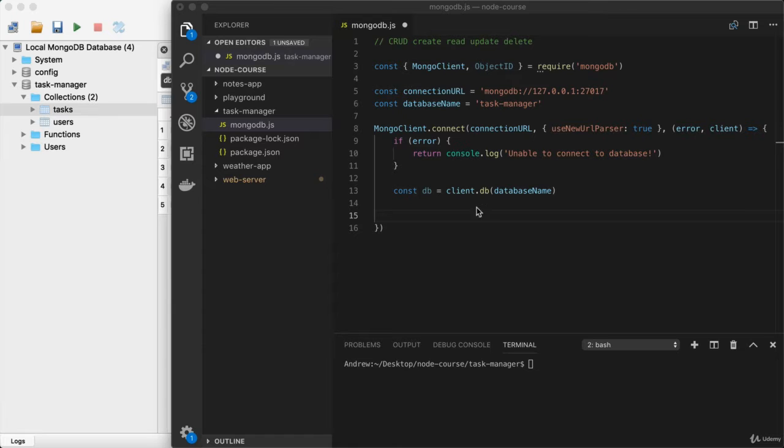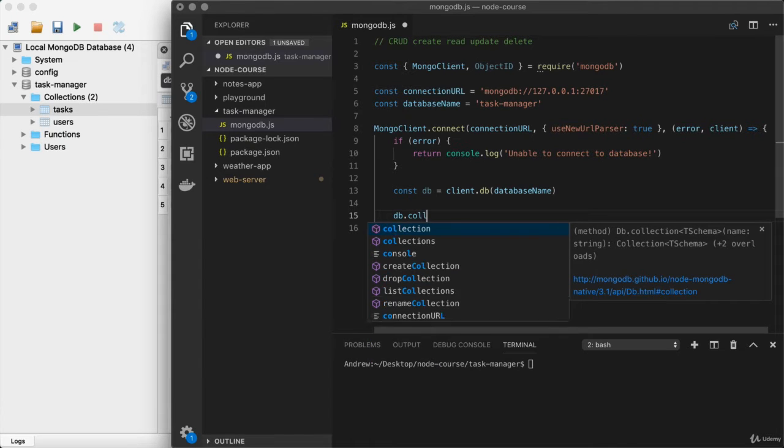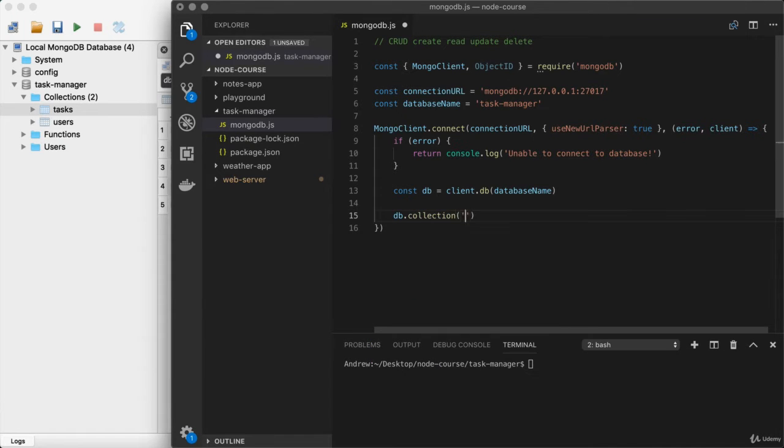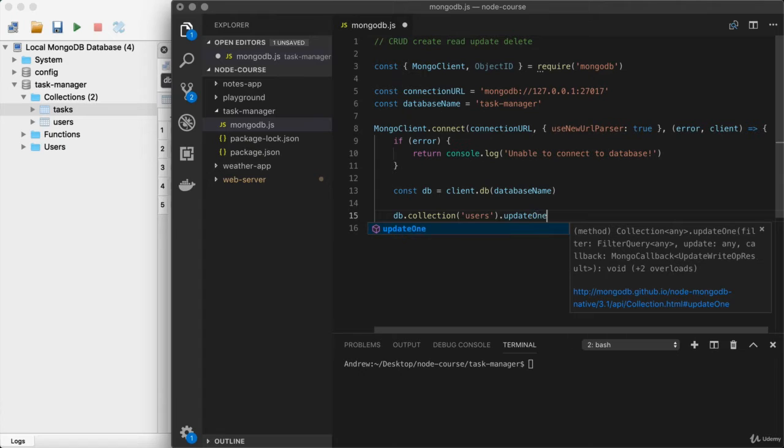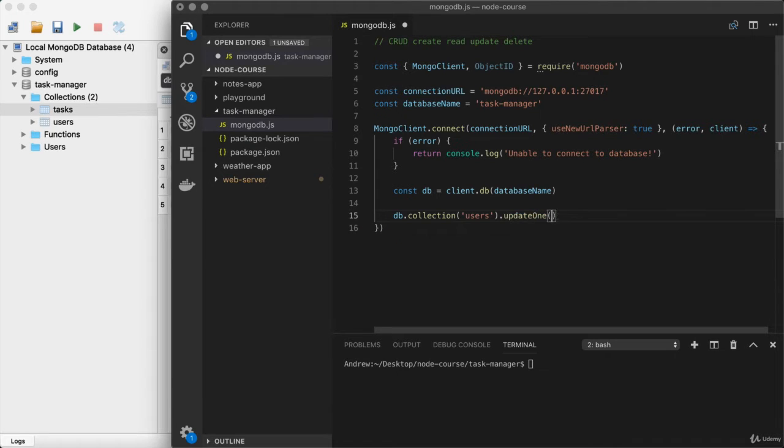Now it still starts off the same way. So db.collection, I'm trying to update a document in that users collection, and I'm going to go ahead and use the update one method, which we just explored. Now the first object, this is where we provide the search criteria. So in our case, we're going to target the document by its ID, and the ID is going to equal